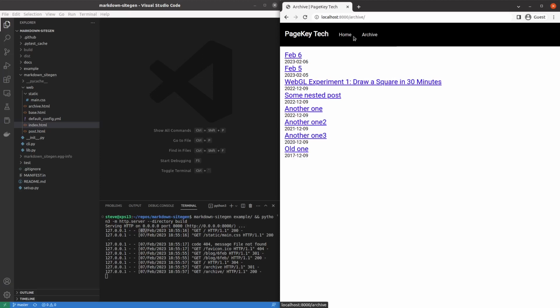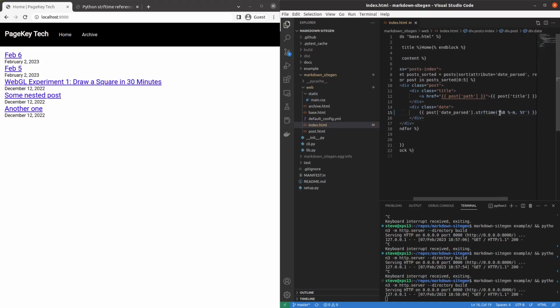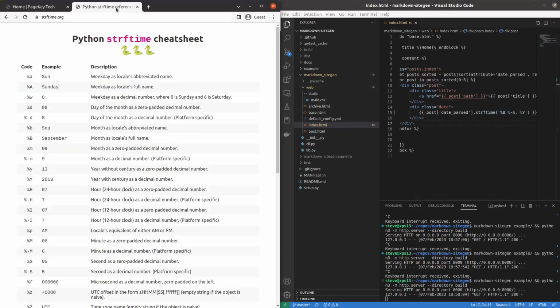Now we have a home screen and an archive screen, and the only difference is the number of posts shown. So let's spruce up the archive page and maybe even the home page and see where that takes us. There we go, slight improvement. We actually have formatted dates. All I did was .string format time and added this date string, which I just found out